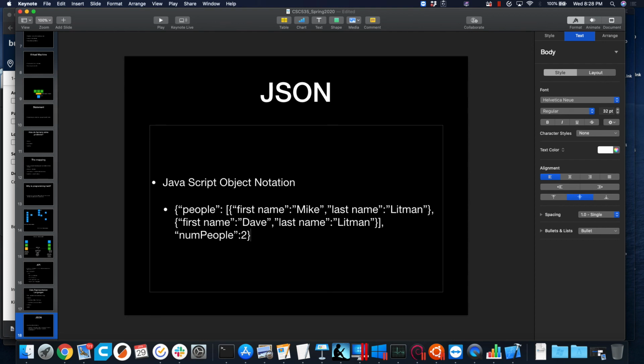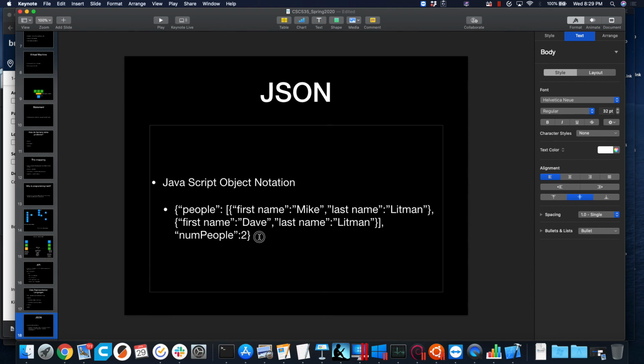JSON supports collections, XML does not. We had to give ourselves a distinguishing difference. In XML, we would have had to have another layer where we had a people opening tag, a people closing tag, and then inside there we would have a person and another person. But we basically have to process through that and run into every person rather than knowing that people here is a collection of things. So JSON gives us the ability to store collections.